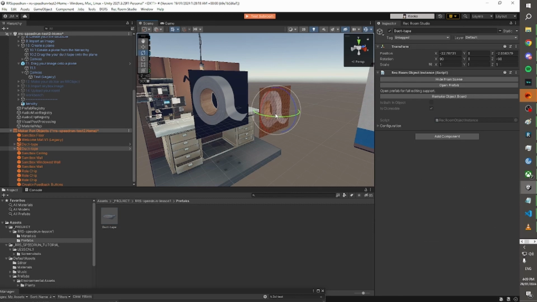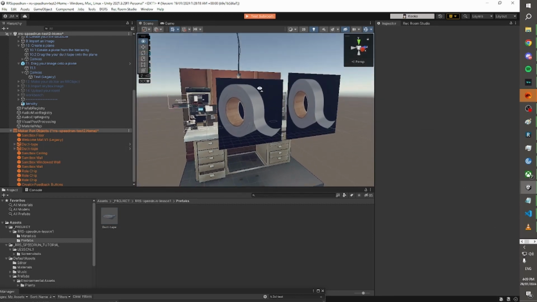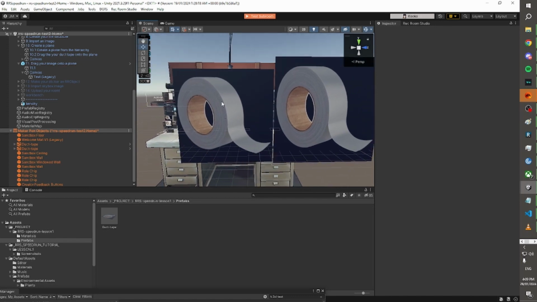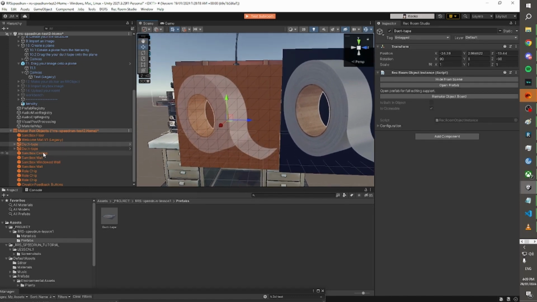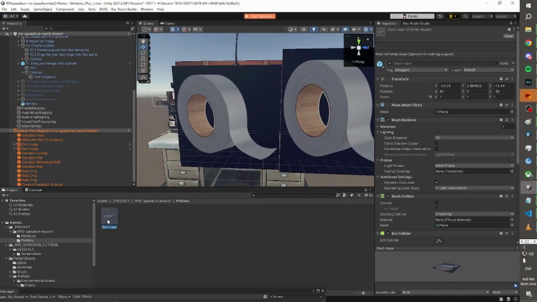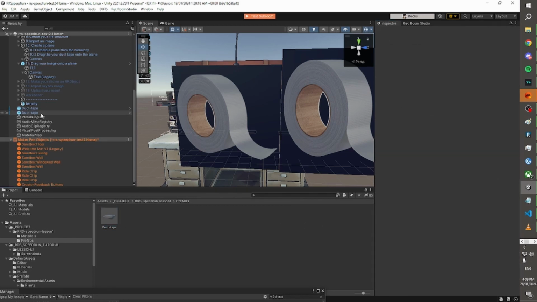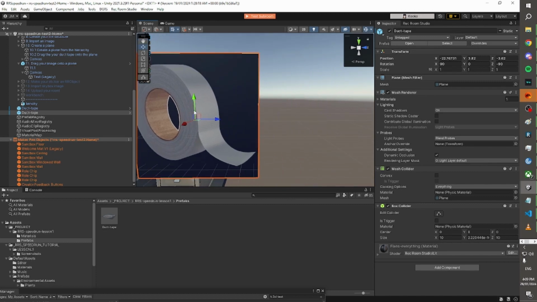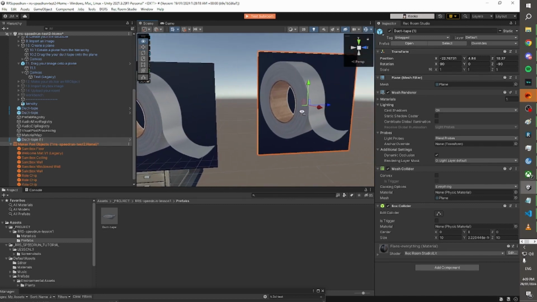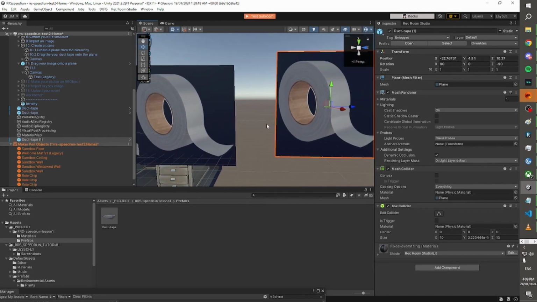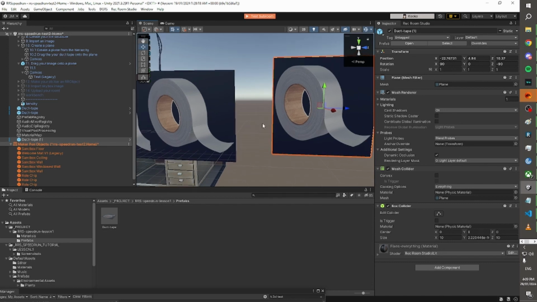Can you show how to make it a prefab one more time? Sure thing. Just in case you missed that the first time, I'll take this out of the orange scene again, just so I can de-prefab them, for example, instance. Oh, if you're wondering what I just did there, if you press Control D in Unity, it will duplicate whatever